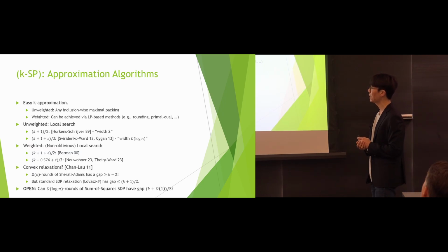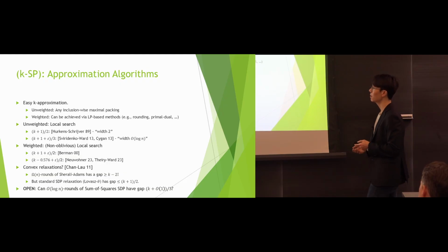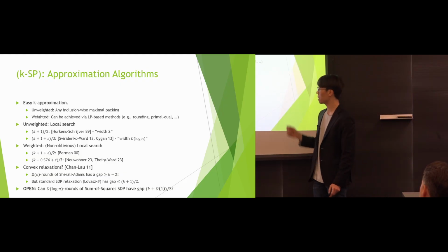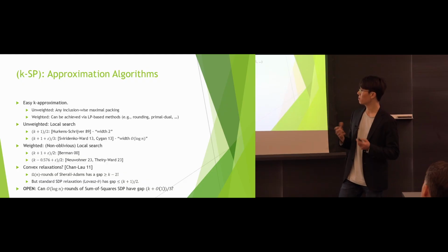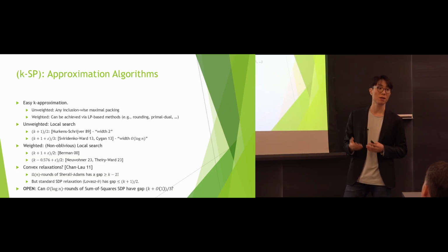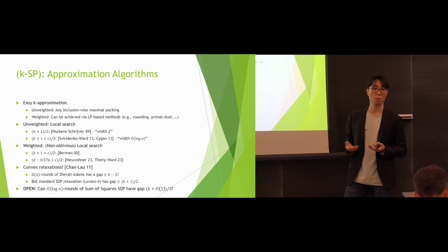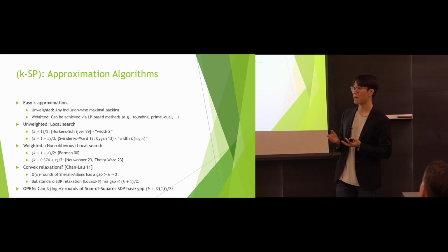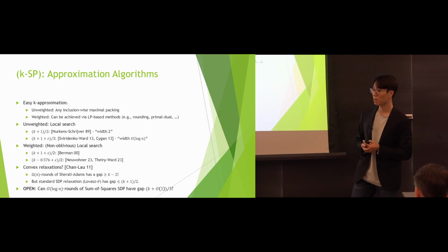And then the weighted case, actually even k over 2 is not clear. And then one non-trivial algorithm is a k over 2 approximation by Berman. And then their method is non-oblivious local search, in a sense that now, instead of the same local search, instead of trying to maximize the number of sets, which is the objective function for our problem,